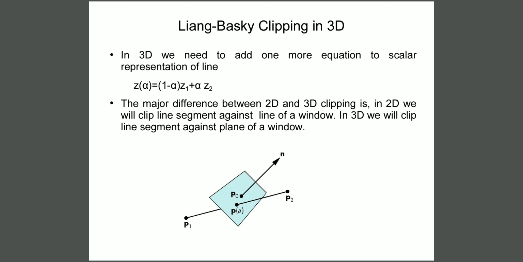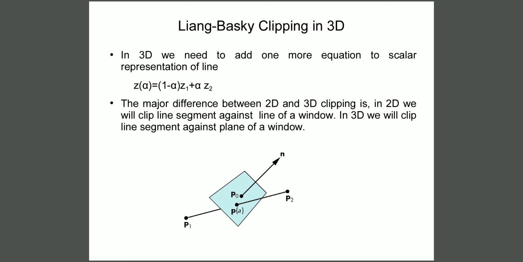As you know, in the Liang-Barsky line clipping algorithm, before we start clipping a line segment, we calculate 4 intersection points. Those are alpha 1, alpha 2, alpha 3 and alpha 4. To understand how to calculate those intersection points, we will consider a plane of the output window. In a three-dimensional system, the output window will be a cube, because we need to consider depth also. So out of the 6 faces of a cube, we'll consider one face, or one plane of the window, and assume a line segment passing through it. The vertices of the line segment are P1 and P2.